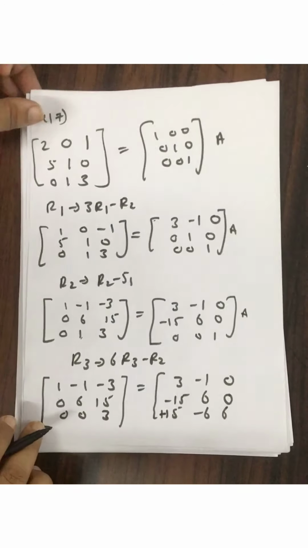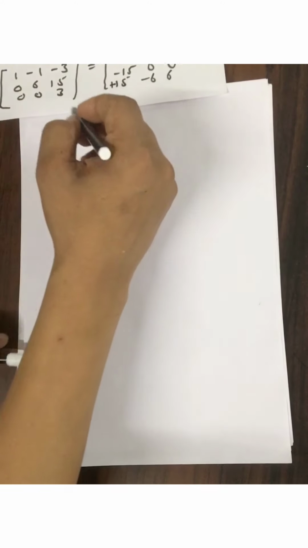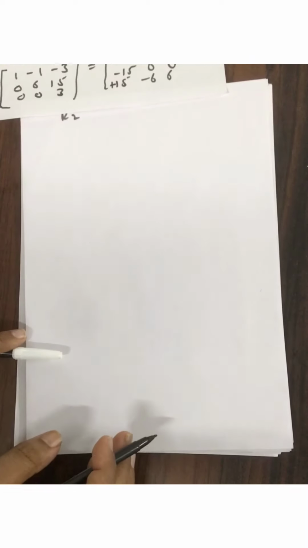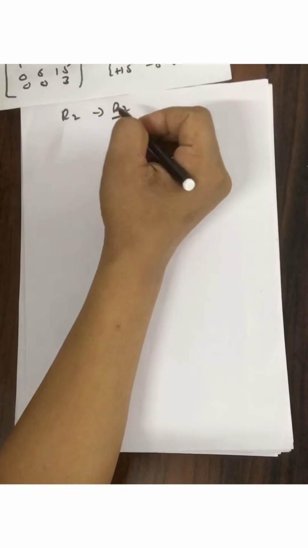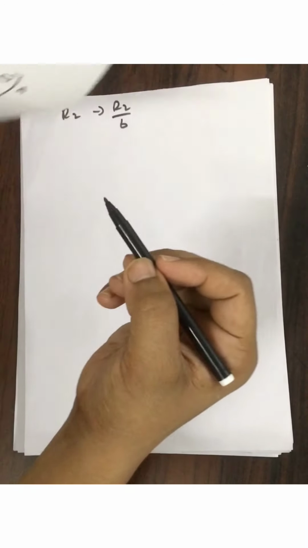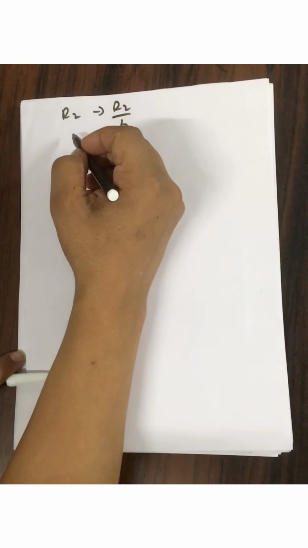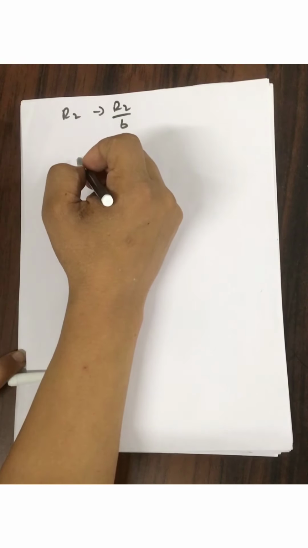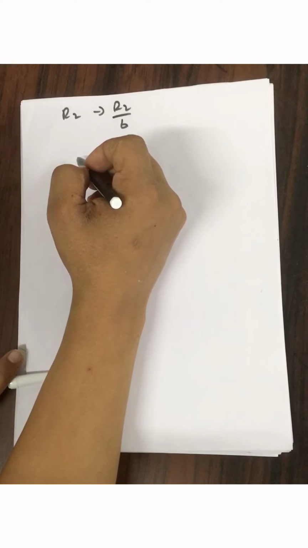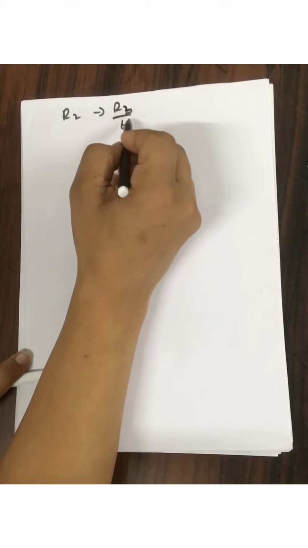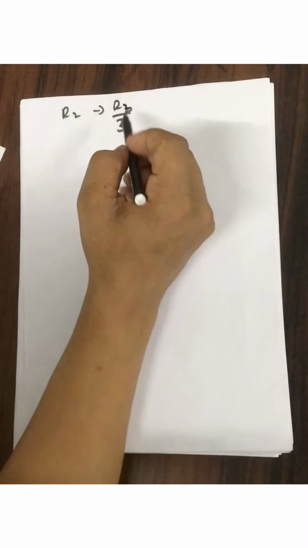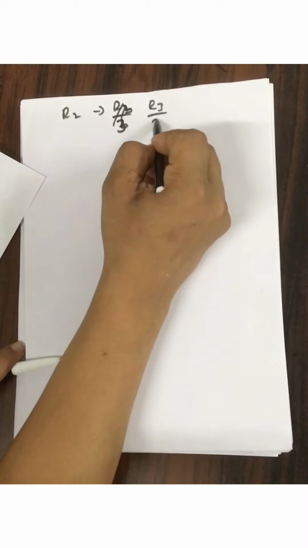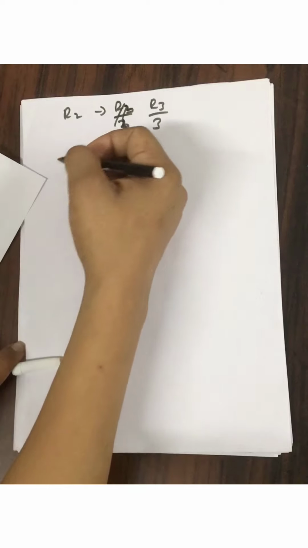Okay, let's move on. Next step, now we have got this 0, now we have to get rid of the 6. So in R2 what will we do? R2 divided by 6. I'm going to this step, this 6 we are doing it. R2 divided by 6. Or you do one thing, R3 you can divide by 3. So we'll get this as 1. It will be easier. Yeah, this will get 1. So let's do R3 divided by 3. So what do we get?